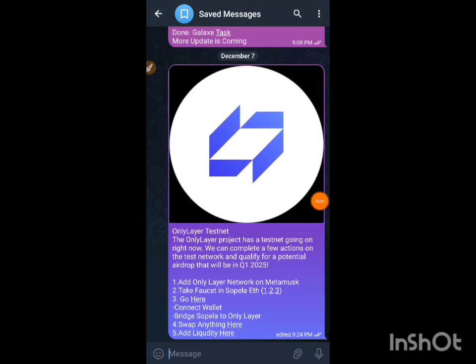They are going to launch mainnet, and before that time we will farm it as efficiently as possible. So therefore I encourage you, always do it more. Okay, so let's dive in. Welcome to the Only Layer testnet. Here I put a step by step guide on how to participate as efficiently